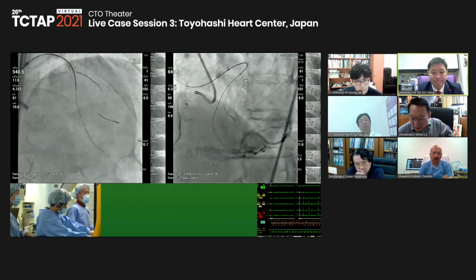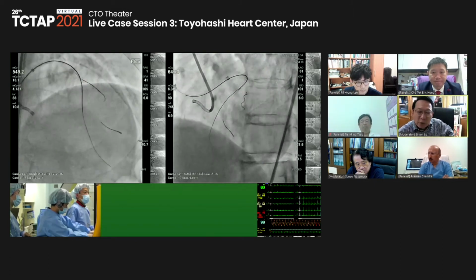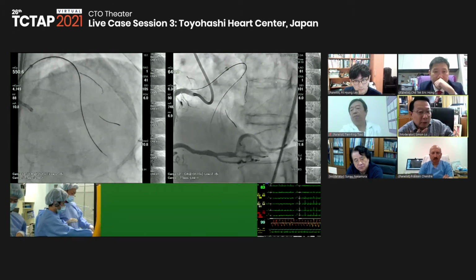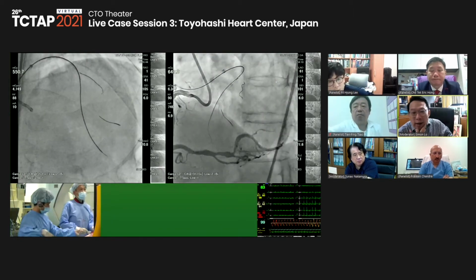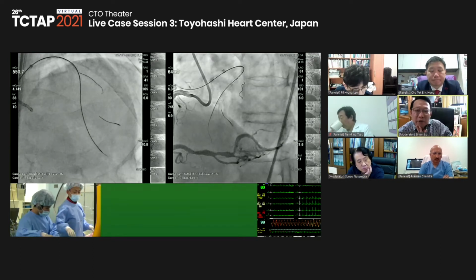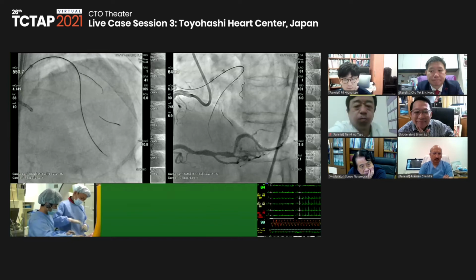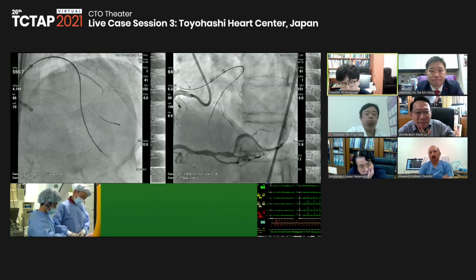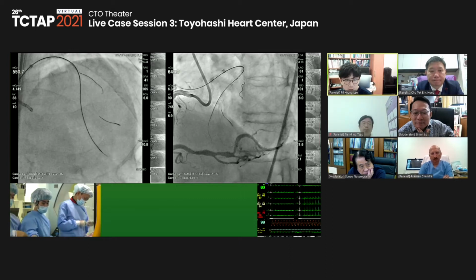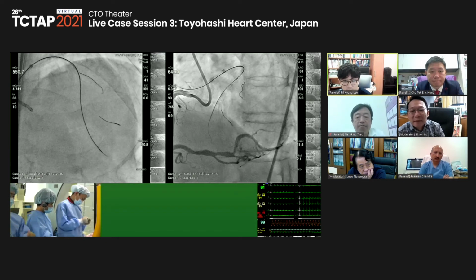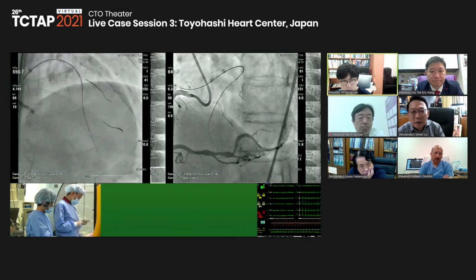Dr. Lee, would you do the diagonal dilatation first and then perhaps consider doing a DCB into the diagonal before you stent the LAD? Well, my practice in this kind of lesion, considering the baseline angiographic morphology regarding the angle of the diagonal and the disease at the ostium, I would not do any pre-dilation of the diagonal ostium.